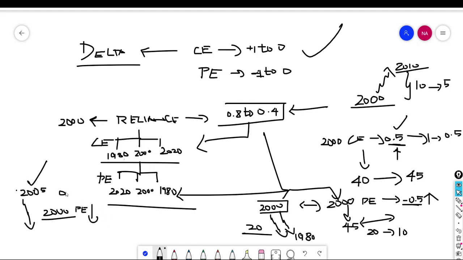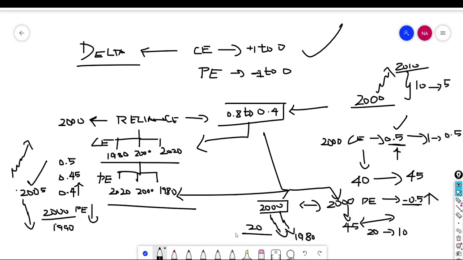let's assume that the delta value is already 0.4. Once it comes down below 2000, let's assume it came to 1990, the delta value will increase from 0.4 to 0.45. As the stock price comes down, the delta will increase. So an increase in delta will make the option prices move faster. It applies for both call options and put options.